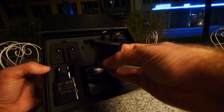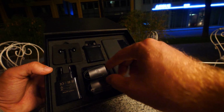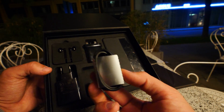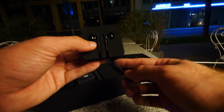In the US you will probably have the US and the European charger in here, so also here the same specs when it comes to the speed. Then you have the 2 cables, USB Type-C cables obviously, data and transfer for the 2 chargers, and we have the headset, which is, since this is a phone like the Mate 10 Pro,